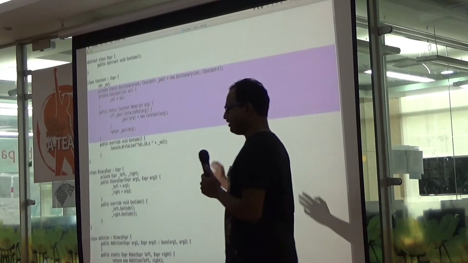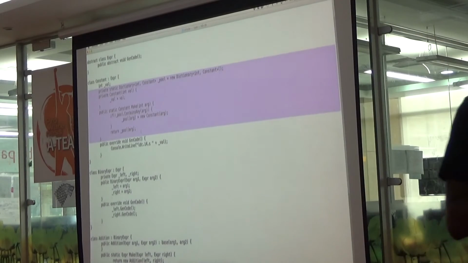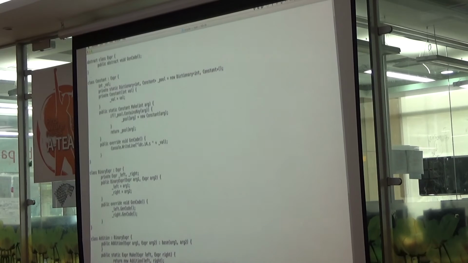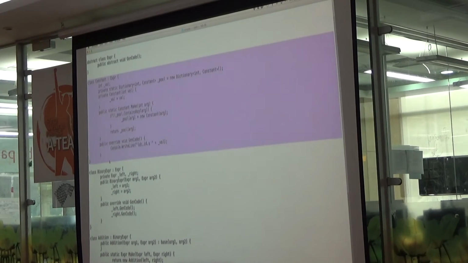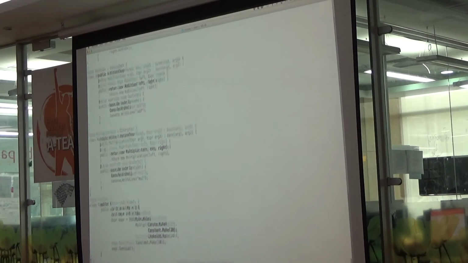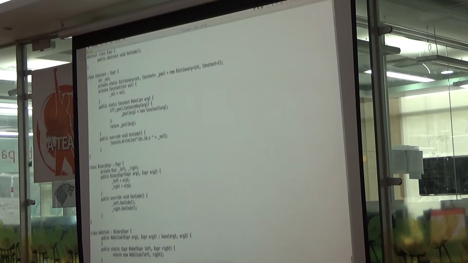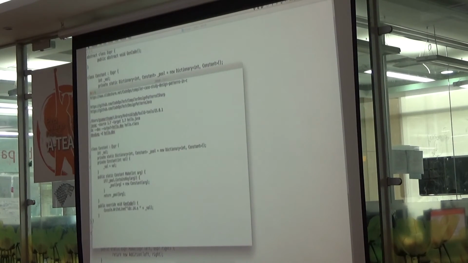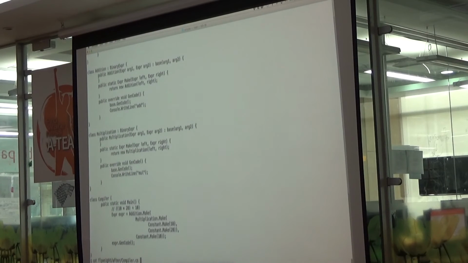The before and after? Yeah, okay. So this is the original code. Maybe I'll take this code. And this is the original code.